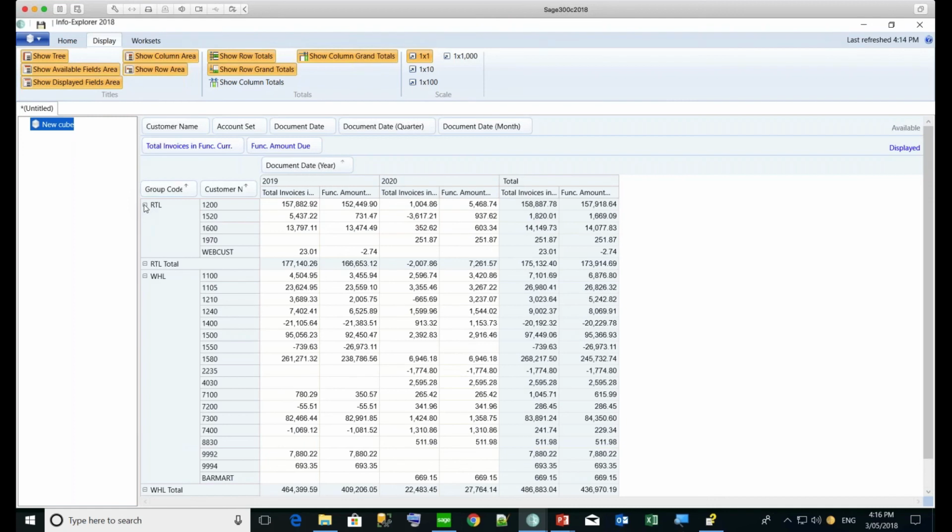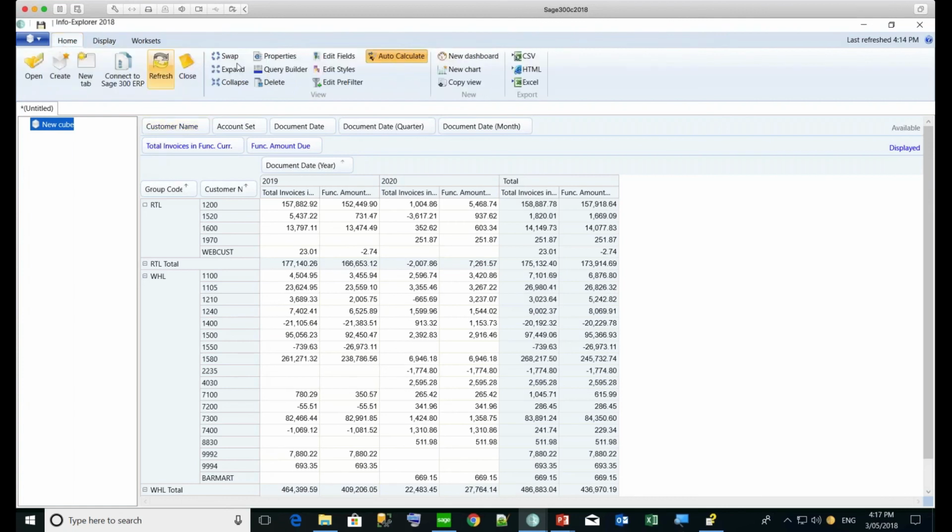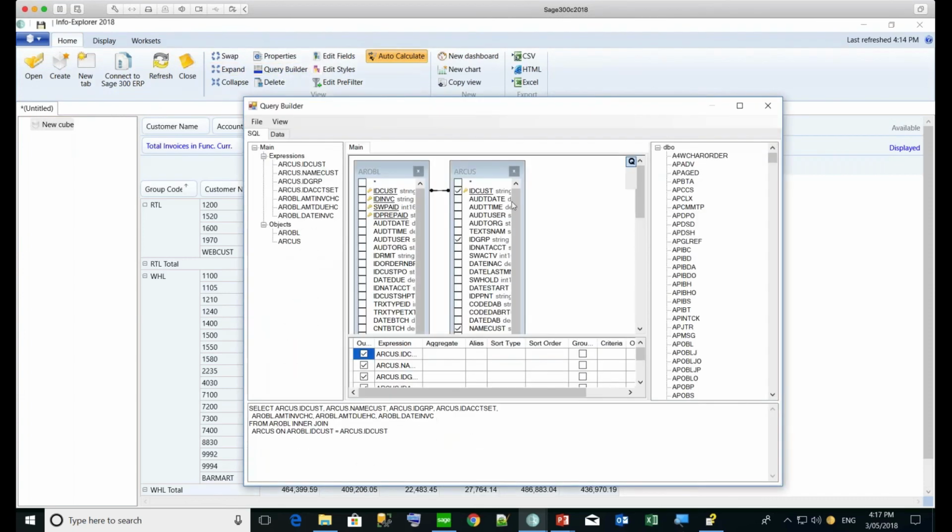So once you've got your data in a cube, then I would go ahead normally and save that. And I could now drag and drop or group by any of my other columns. But if I got this far and I suddenly remembered, no, I really wanted to have the salesperson in here as well, I can just go back to the query builder and tell it to include the salesperson, which is on the customer table. If I needed to drag in another table, I could. So I'm just going to scroll down in here. Code salesperson 1, let's say. So if I go File, OK,